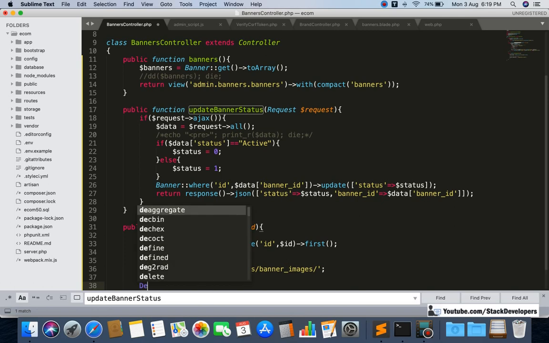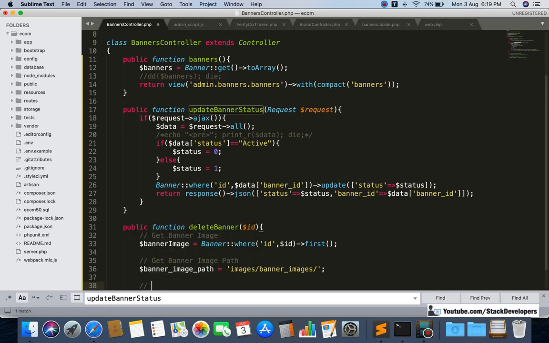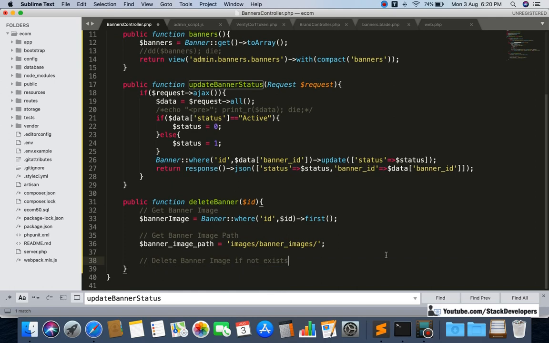Okay, so now first of all we are going to delete the banner from the folder. Delete banner image if not exists. So first of all we are going to check the banner image, and we are going to delete it from the folder. I'm going to add a comment like delete banner image from banners folder. So first of all we will check that the image exists there or not.